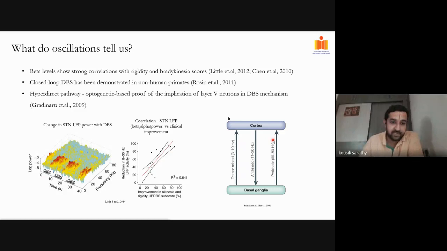How is the implantation done? The implantation procedure has nothing to do with oscillations, unlike epilepsy, for example. In epilepsy, there are protocols in which you can use EEG or MEG, or a combination of EEG and MEG, to do source localization to figure out where the epileptic focus is, and then the surgery is done. None of that is done in the case of Parkinson's disease. So the target is straightforward.